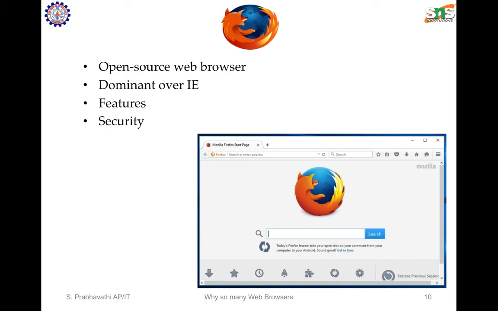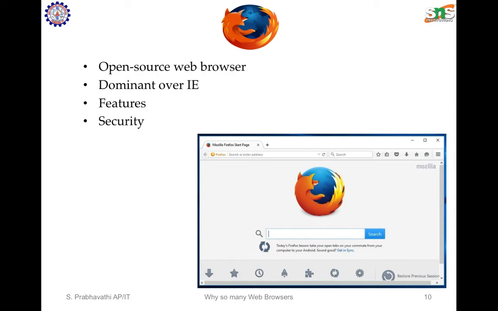Then a feature called Private Browsing, which creates a temporary session that is isolated from the browser's main session and user data. Browser history is not saved, and local data associated with the session, such as cookies, are cleared when the session is closed. So that's private browsing. And we have a number of features. Finally, Firefox provides an environment for web developers in which they can use built-in tools such as Error Console or DOM Inspector. DOM means Document Object Model.